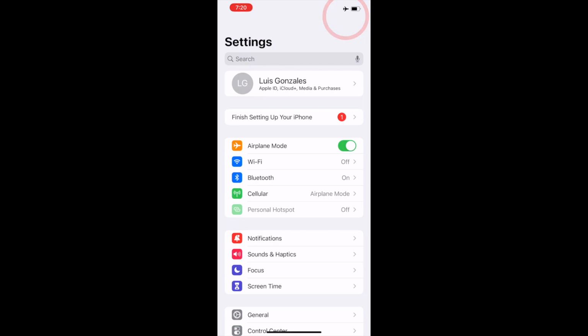It means it's on. Okay, once it's on, let me tell you a little bit about airplane mode. So you cannot use your Wi-Fi, your Bluetooth. Okay, cannot use none of that. Okay, you lose connection. So they do this when you board into the plane or you don't want to get